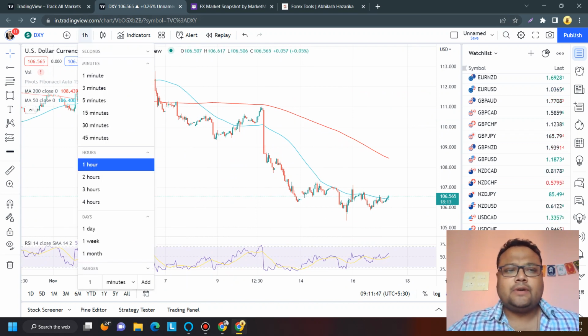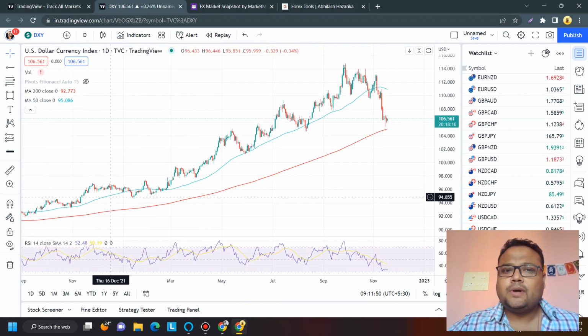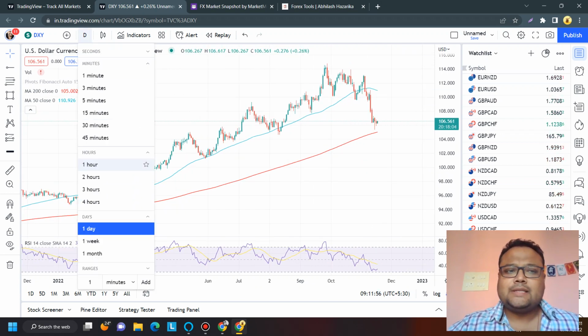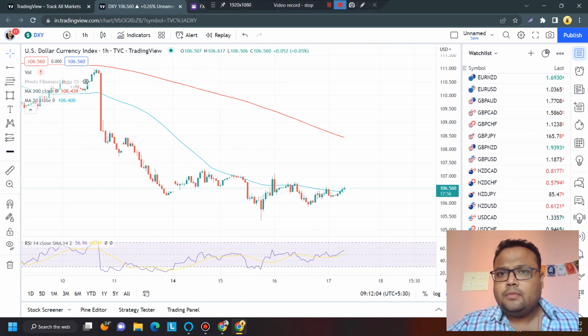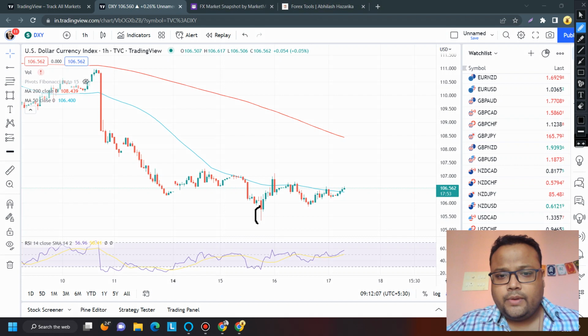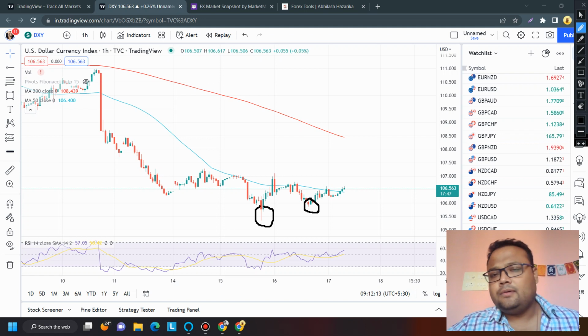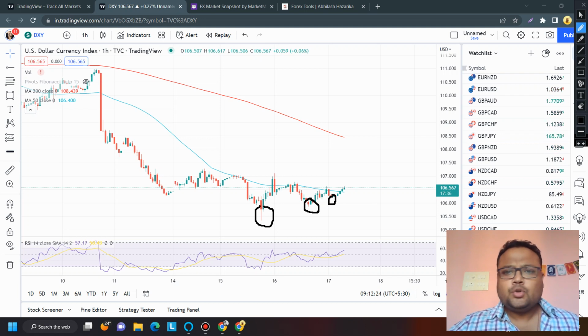Overall, if you look at the higher time frame, DXY was extremely bullish for the last couple of months. But if you look at the present structure, we have seen a massive correction on the chart of DXY. And right now, after the retail sales, it is forming higher lows here. Higher lows usually signify the presence of new buyers in the market, and their willingness to take the market up. So right now DXY is trying to recover here, but the most important thing is that